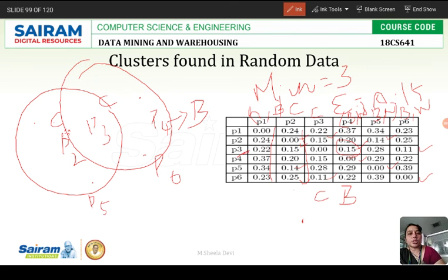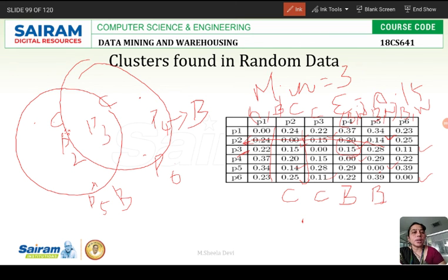P2 and P3 are core points. Now we will go to P5. P5 we are seeing that it is 0.14 and it is in the border of P2. So see here, it is in the border of P2. Then P5, it is 0.0, so it will not come. Then no other value is there. So P5 is the border point of P2. It is the border of the core point P2. So we will mention P5 as a border point.